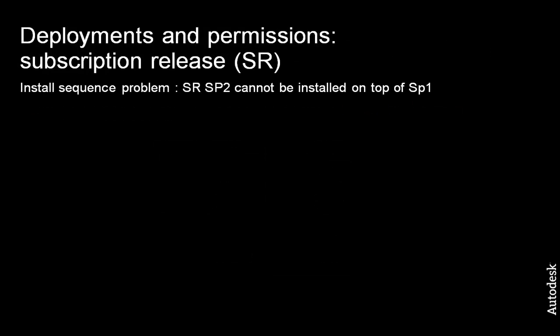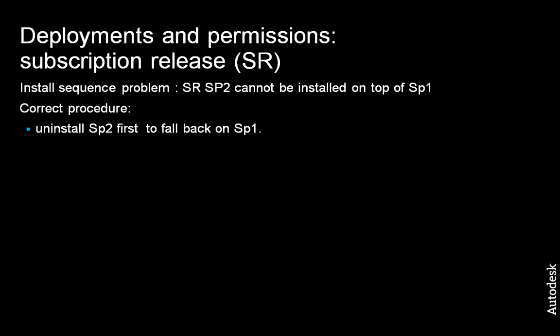Even more important is the install sequence. Once you have the build numbers under control, you have to be aware also of the sequence you install the service packs in. For instance, the subscription release Service Pack 2 cannot be installed on top of the regular SP1. The correct installation sequence is,